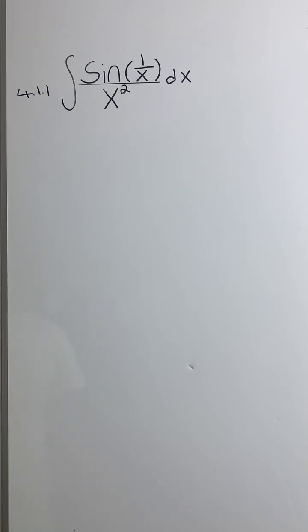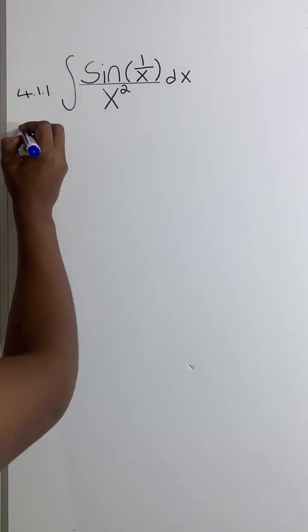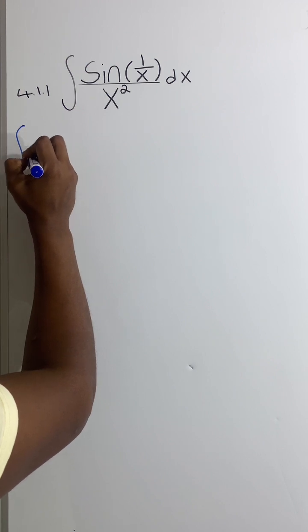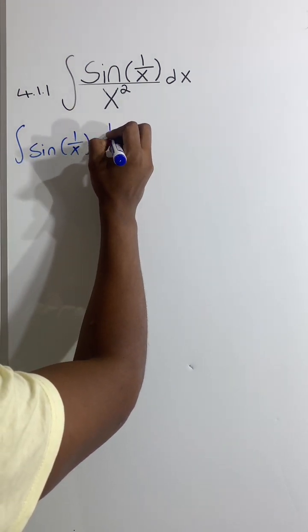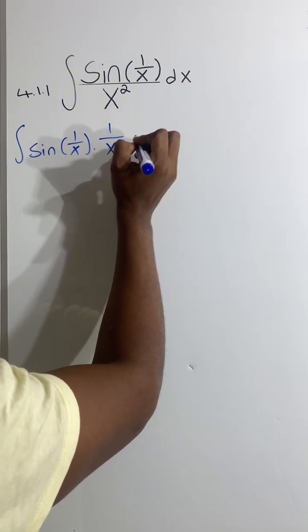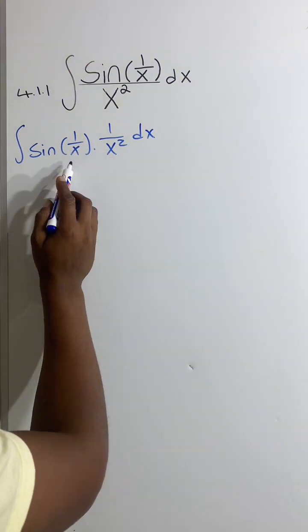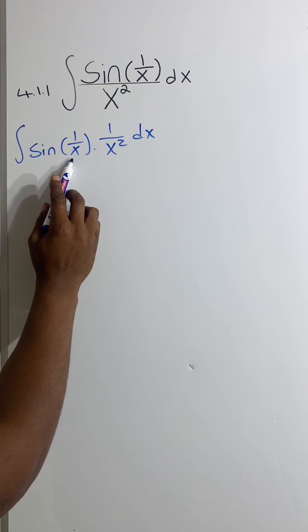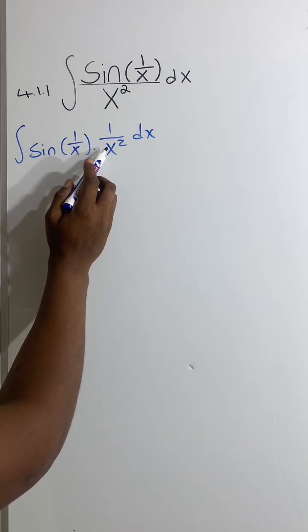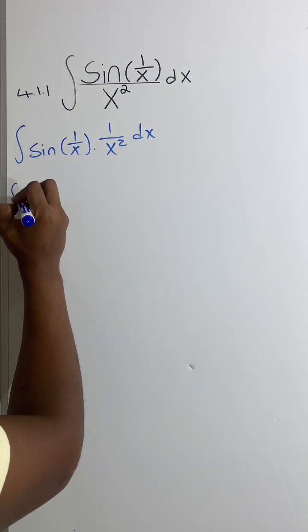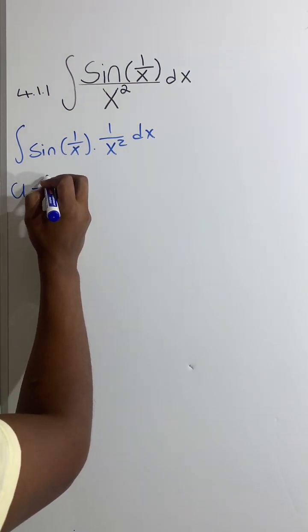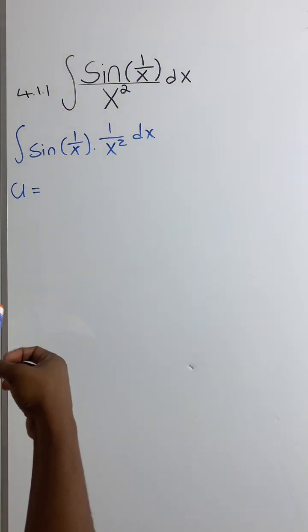4.1.1, we have to evaluate the integral of sine of 1 over x divided by x squared dx. We can choose to rewrite our integral as sine of 1 over x multiplied by 1 over x squared dx. And if we were to let u equal 1 over x, we'll get something which is close to 1 over x squared when we differentiate the 1 over x. So we let u equal 1 over x,